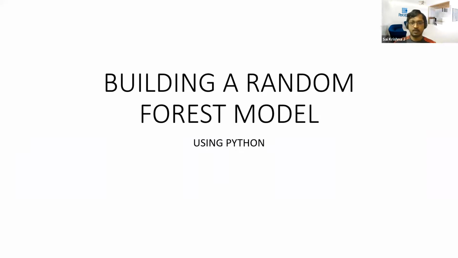Today about how to build a random forest model using Python. You might have observed that over the past 2-3 sessions, I have been covering multiple topics in Python. One reason for this is obviously that it's a tool that is being extensively used by data scientists nowadays, and the other reason being that Jagdish is also familiar with this.